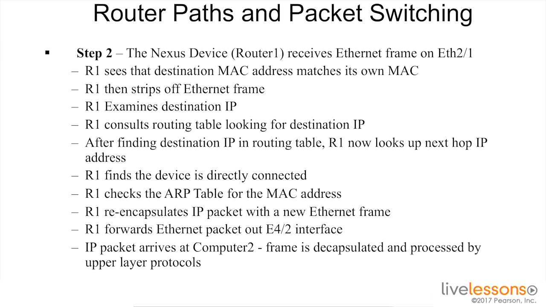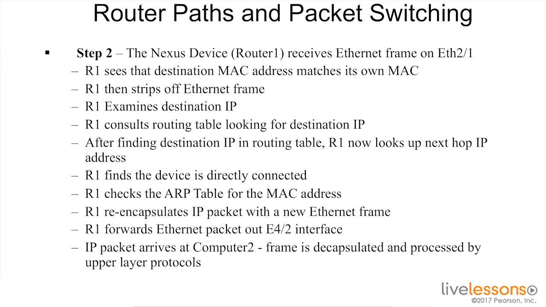In this case, Router 1 finds that the device is directly connected. It then checks its ARP table for the MAC address of the device where it wants to send the packet. Router 1 then re-encapsulates the IP packet with a new Ethernet frame and forwards that Ethernet packet out the directly connected Ethernet interface. Next, the IP packet arrives at computer 2, where the frame is de-encapsulated and processed by upper